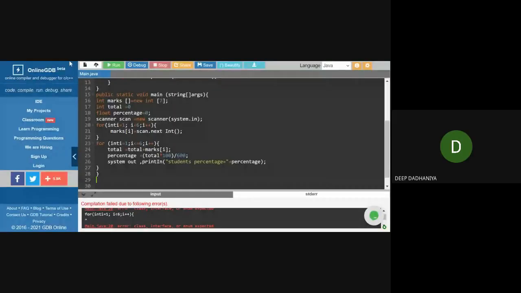Dadhania, which question are you doing? Ma'am, the third one. Third is very easy. You have been stuck in that for so long. No need to do that. Ma'am, I was absent in the last lab, so I'm doing the first and second. Right now I'm doing the third one. First and second are complete. Okay, fine. Tanmay Raj, why did you stop sharing? I want to see your program. Yes, ma'am. One minute.